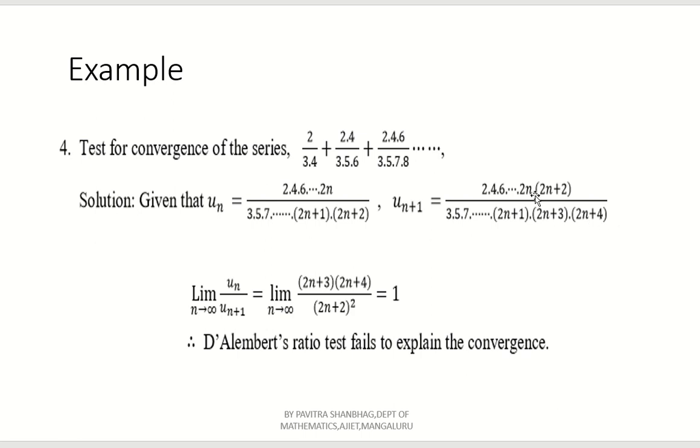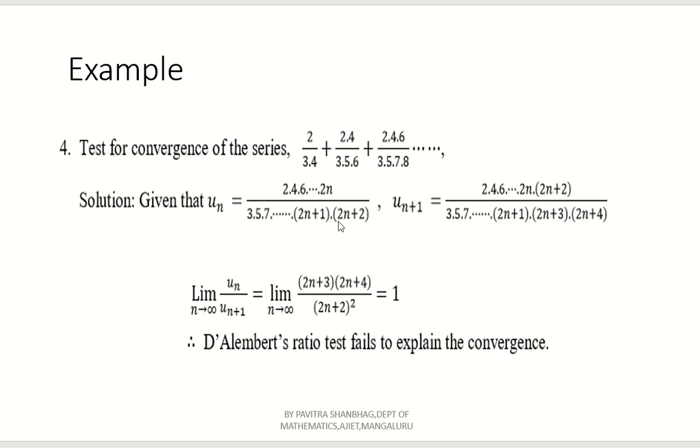Now, apply the ratio test un by un plus 1, this by this, as n tends to infinity. Now, which terms are common and which terms get cancelled? Here it should be 2n plus 3. So, here this part completely vanishes. See, 2, 4, 6 up to 2n, again this 2, 4, 6 up to 2n gets cancelled. Now, 3, 5, 7 and so on up to 2n plus 3 get cancelled. Even here 2n plus 3 gets cancelled. What remains here? So finally, if you simplify, you will get